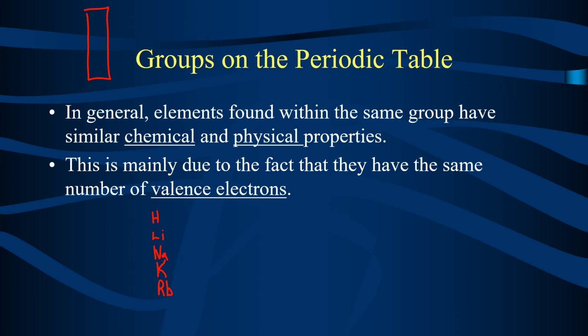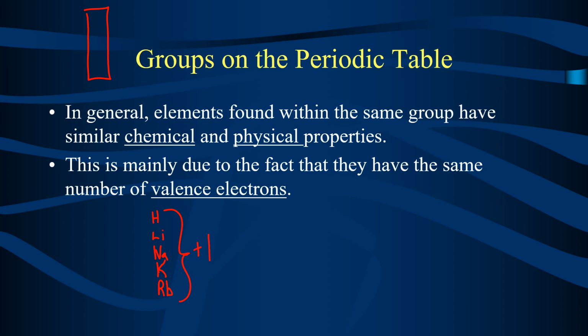What's one thing that we've already learned that all of those elements have in common? I had y'all fill in something on the top of your periodic table the other day about all of them. They are metals. What about the ion? It is a +1. So all of these